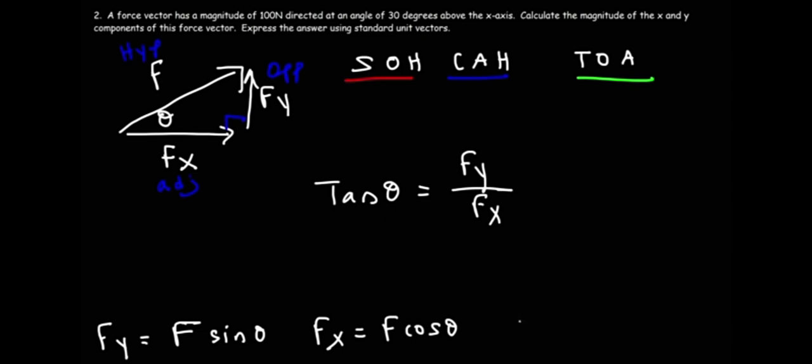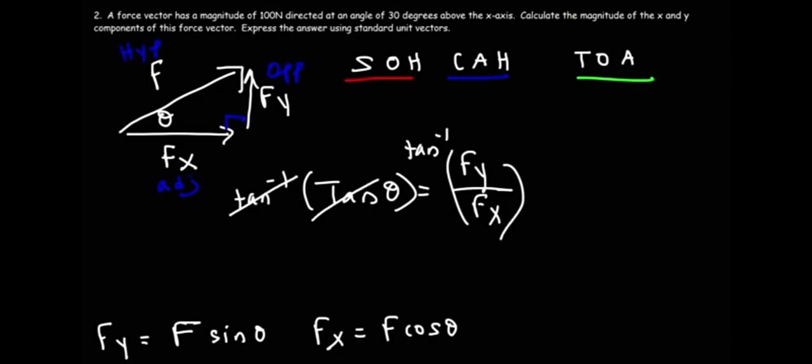To determine the angle, you need to take the arctangent, or the inverse tangent. If we were to take the arctan of both sides of the equation, the arctan and the tan will cancel on the left. So we'll get that the angle is equal